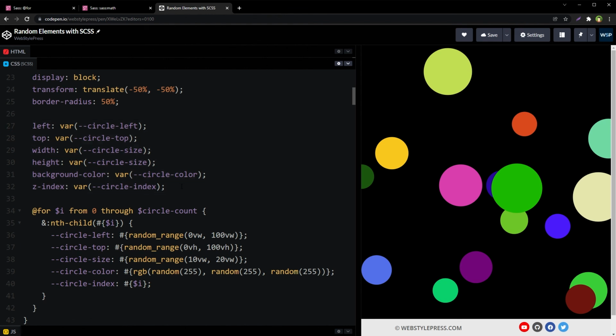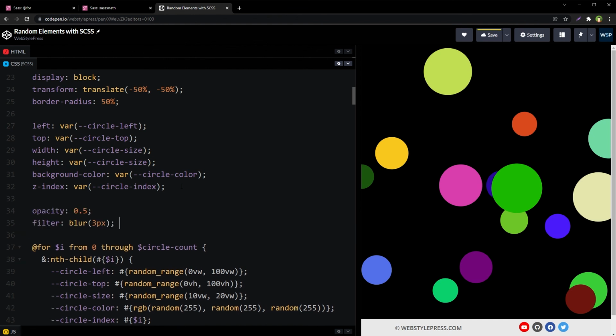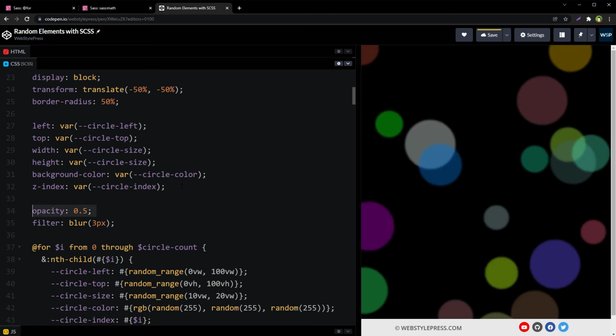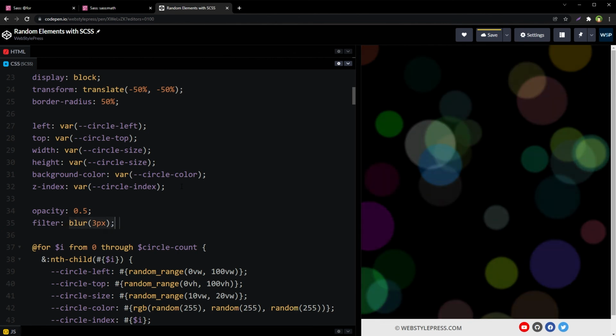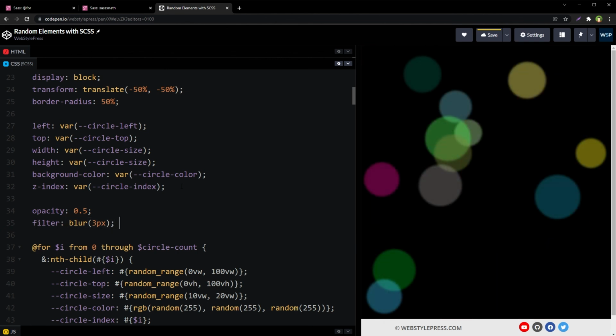Furthermore, you can apply a CSS filter and opacity to circles for a bokeh lights background effect like this. Opacity 50%, and then I have used blur filter. Bokeh lights background it is. Well, kinda. You can use it and improve it to create a beautiful bokeh lights background. You can also animate these background lights by using CSS animations. Possibilities are endless.